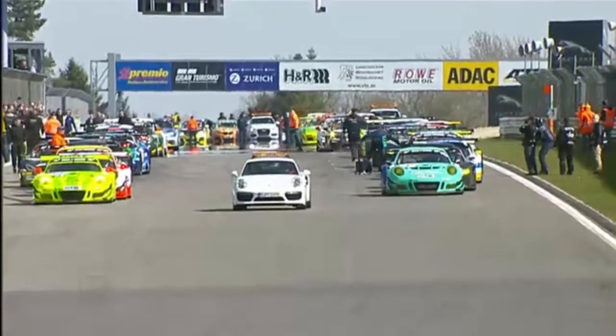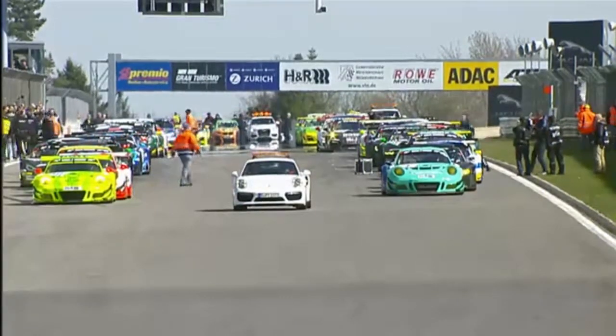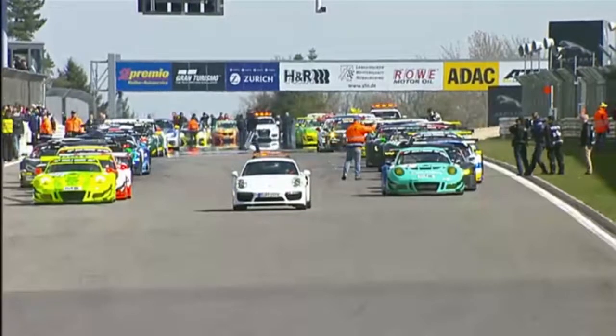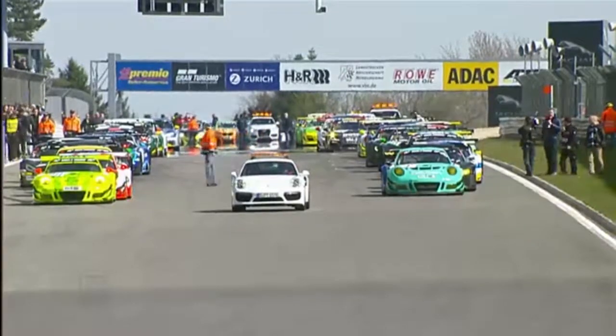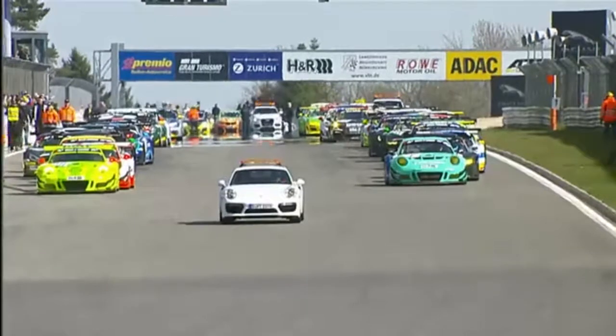Great shot there, John, by the way, the second part of the grid. If you've got the vision here, look through the centre, you see the second of the safety car lines. Yes, that is another point. Again, if you're new to this, all 188 of the starters that we are expecting will not be set off at the same time. It is grouped in performance levels,